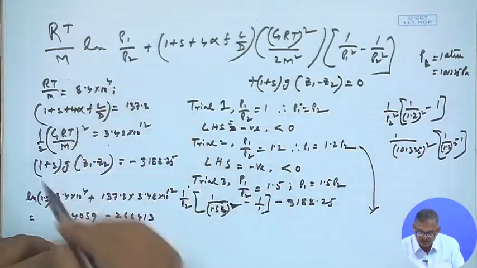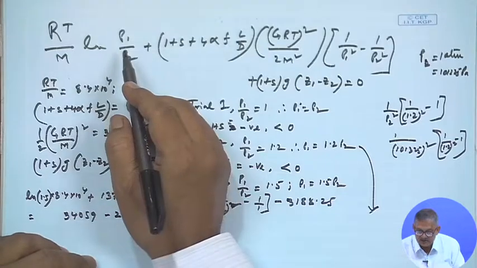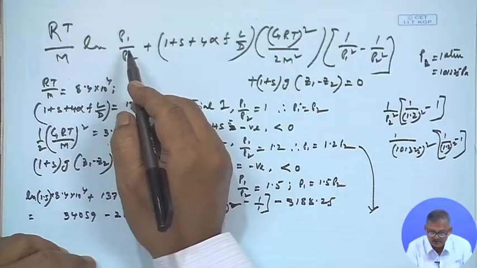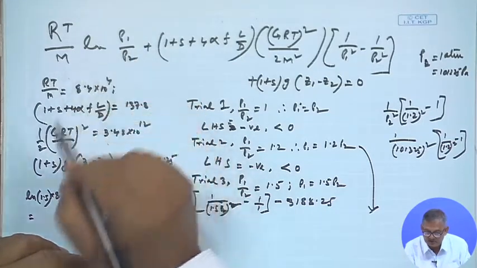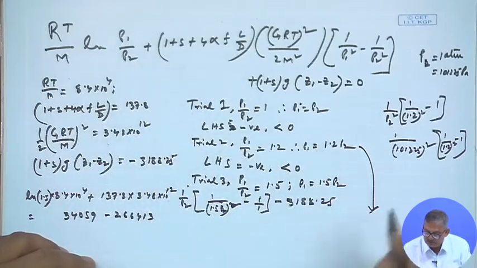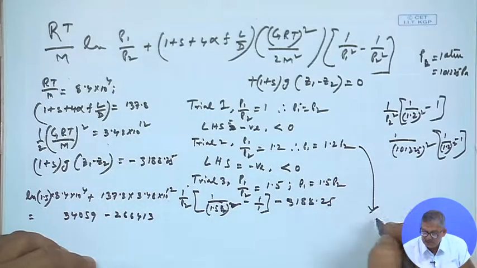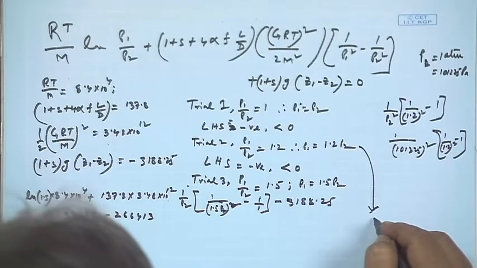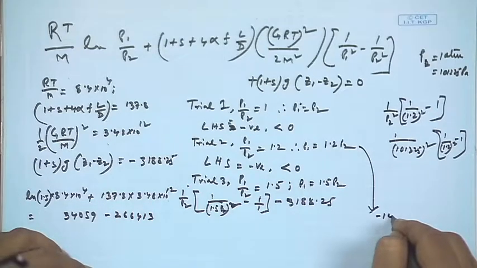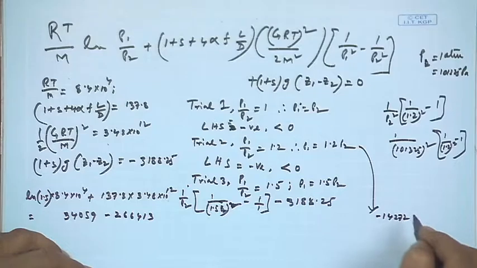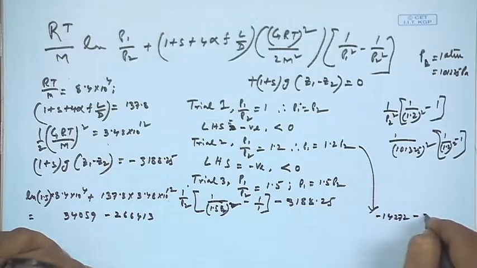So for the second one, this has become 1.2 ln, right. So this is some positive value, this has become negative, and negative is how much? Minus 14272,